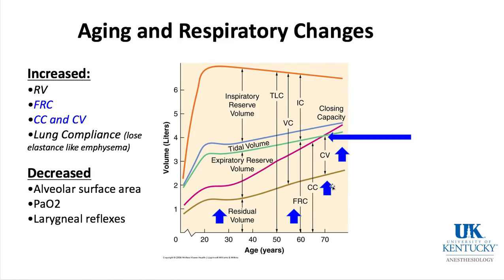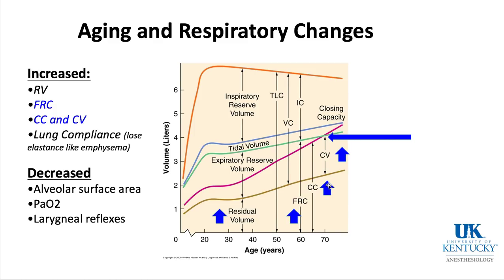Now, the closing capacity goes up as we age, and the closing volume, such that, as was pointed out earlier, at age 66, the closing volume crosses over with the functional residual capacity, even in the standing position, such that there's lots of small airways that get closed off and air is not going to, and VQ mismatch occurs more